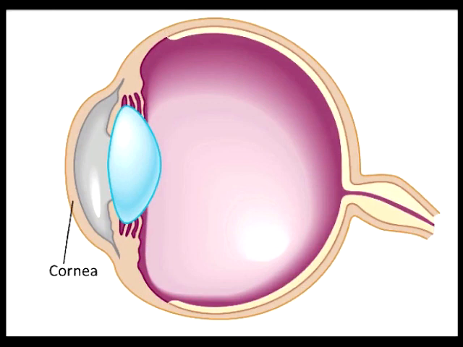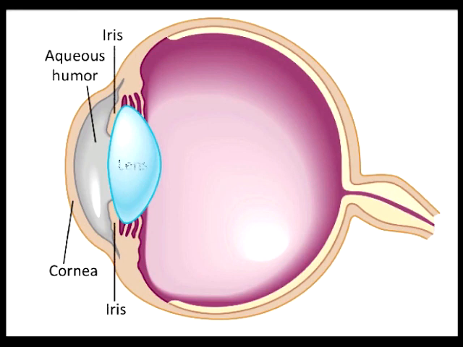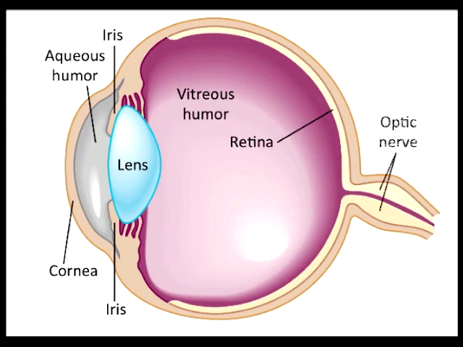This membrane covers a clear liquid region called the aqueous humor, behind which are the iris, the lens, a region filled with a jelly-like substance called the vitreous humor, and finally, the retina. The retina is the light-sensitive part of the eye, consisting of millions of structures called rods and cones. When stimulated by light, these structures send electrical impulses via the optic nerve to the brain, which interprets the image